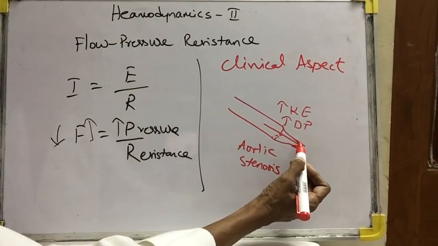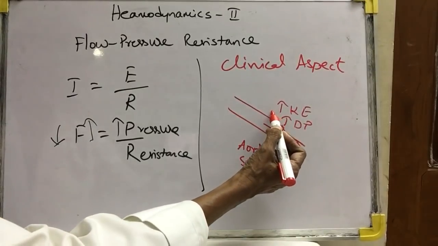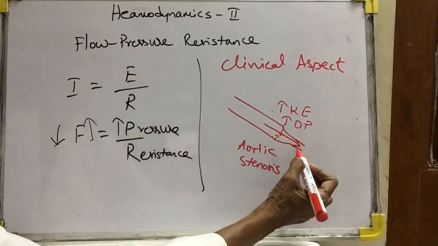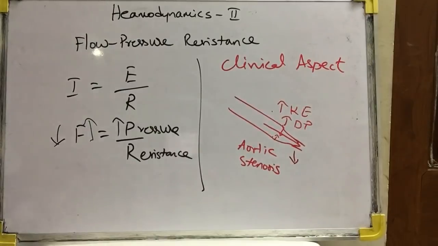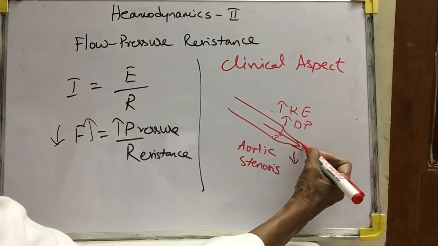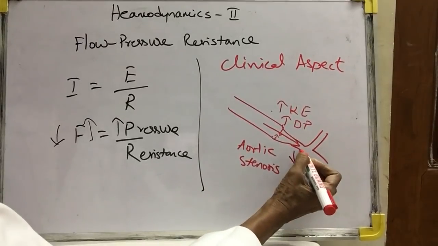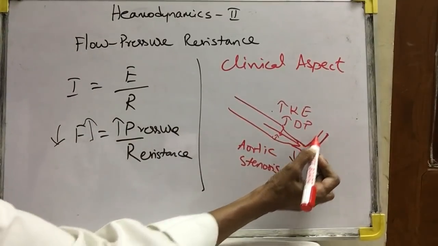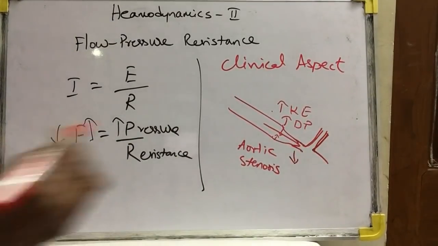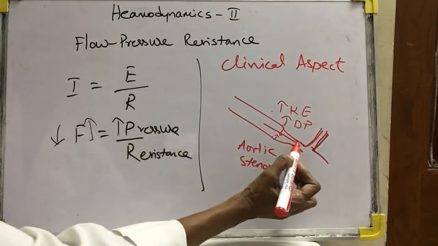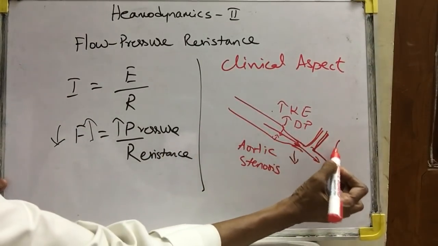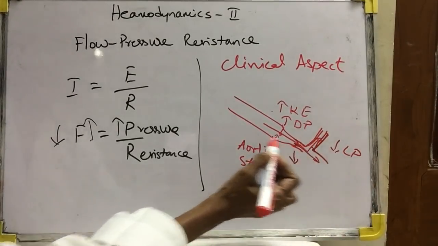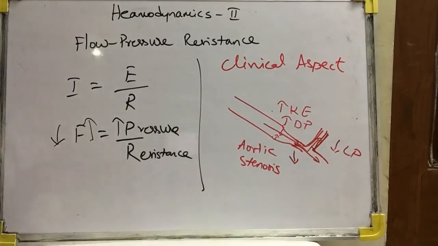So here, because of this stenosis, the velocity is increased, kinetic energy is increased, dynamic pressure is increased. Since the dynamic pressure is increasing here, the lateral pressure will decrease. So the aorta has the coronary artery at right angle to it. So immediately above the stenosis, the coronary artery is there at right angle to the aorta. So when the dynamic pressure is increasing, the lateral pressure is decreasing here. That means the amount of blood flowing to this coronary artery is reduced.